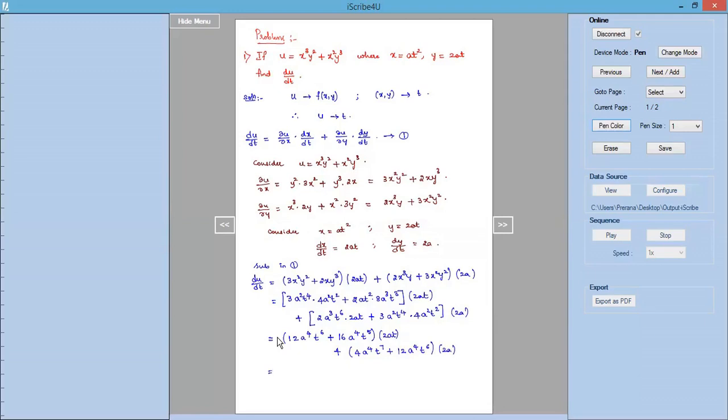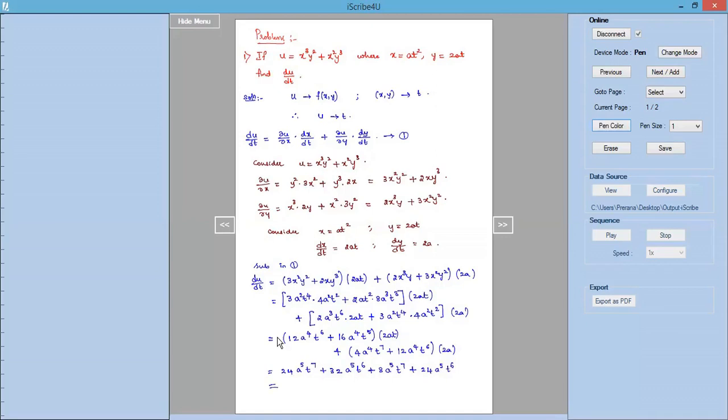So this on simplification gives us, we will multiply 12 into 2, the outside 2a, we are multiplying for both the terms in the first bracket. So 24 a power 5 t power 7 plus 16 into 2, 32 a power 5 t power 6 plus 4 into 2, 8 a power 5 t power 7 plus 12 2s are 24 a power 5 t power 6. Now combining all the like terms,